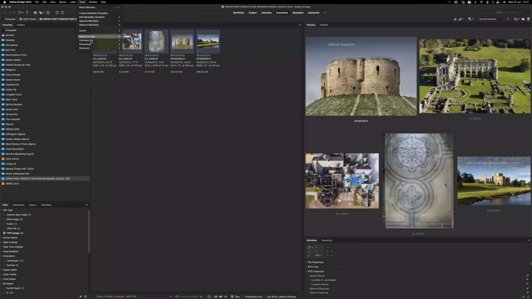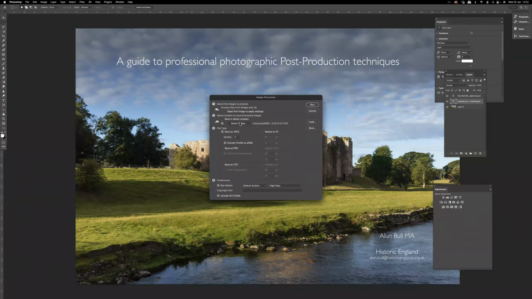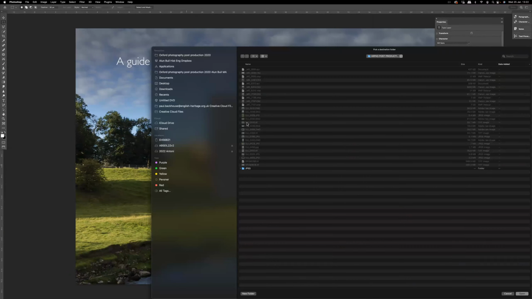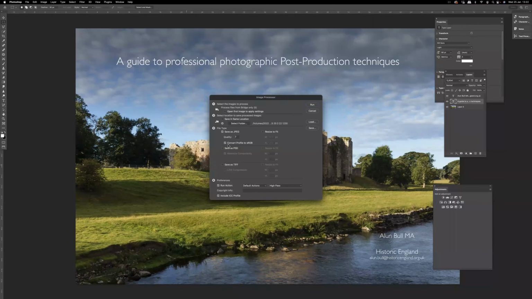I'm going to go to Tools and Photoshop Image Processor. And don't just save them in the same folder, which it often asks you because it's a bit cheeky and it will just put them anywhere it wants. So even if it is the same folder, I'd recommend choosing it yourself because it can go a bit awry. You can convert them to sRGB if they're only going to be used online. I generally go for a quality of 7, and when I do save the JPEGs, I put this what's called